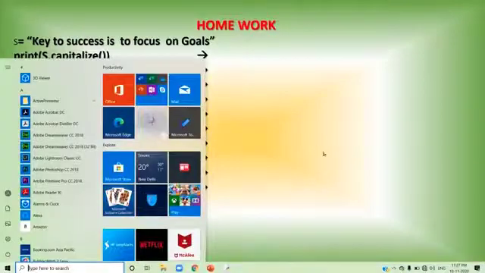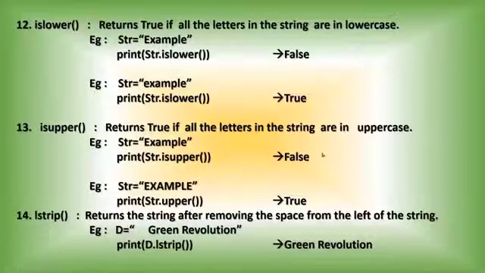Now see, we can look at a few more methods available along with the string. Last class, the last methods we studied are isalpha and isdigit. The methods beginning with "is" will give you the result either true or false. isalpha will check whether the string consists of only alphabets. isdigit will check whether the string consists of only digits. If it consists of only digits, it will return true. Otherwise, it will return false.